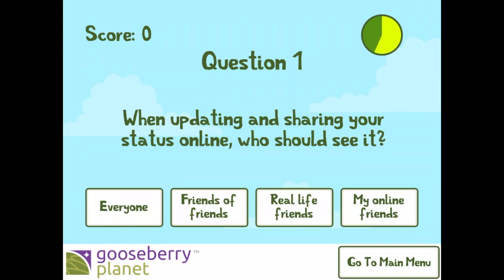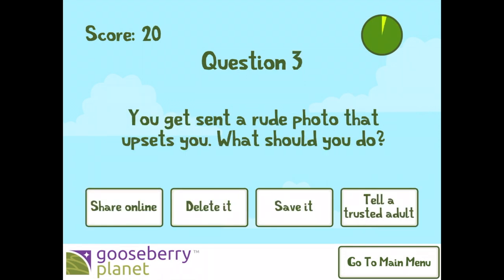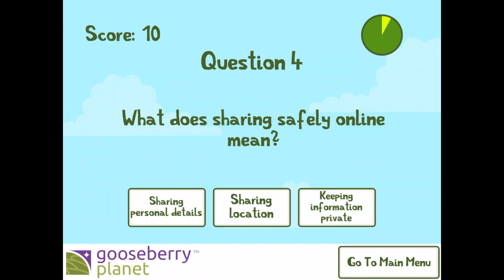Each question is read aloud, and the children have a time limit in which to answer those questions. If they get it right, it's highlighted in green so that they get an immediate feedback. If they get it wrong, that question will be highlighted in red, and should the question answer be partially correct, it will be highlighted in orange.